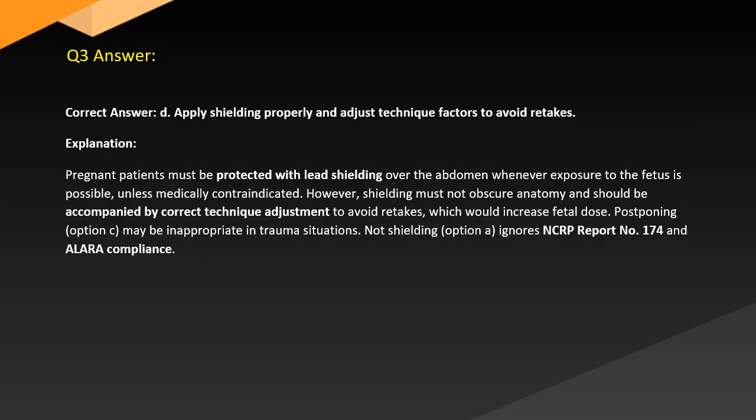Answer. Correct answer: D. Apply shielding properly and adjust technique factors to avoid retakes. Explanation: Pregnant patients must be protected with lead shielding over the abdomen whenever exposure to the fetus is possible, unless medically contraindicated. However, shielding must not obscure anatomy and should be accompanied by correct technique adjustment to avoid retakes, which